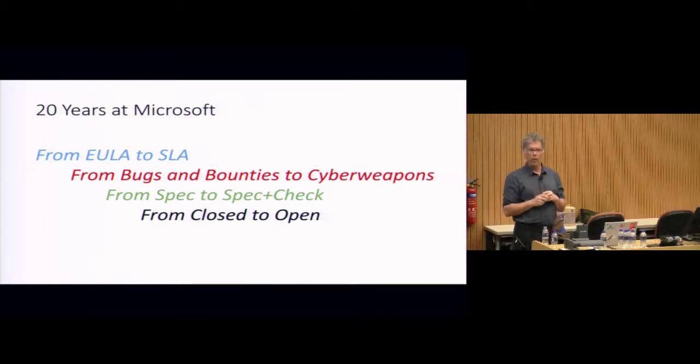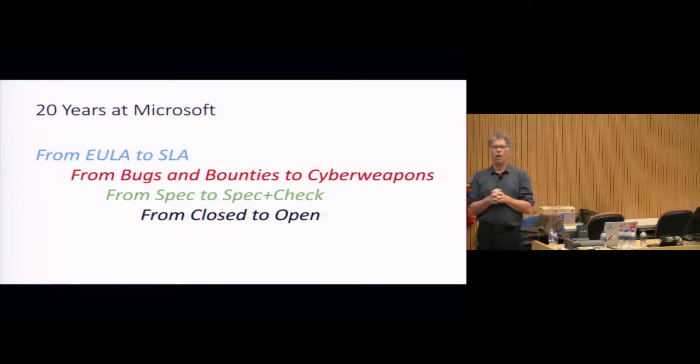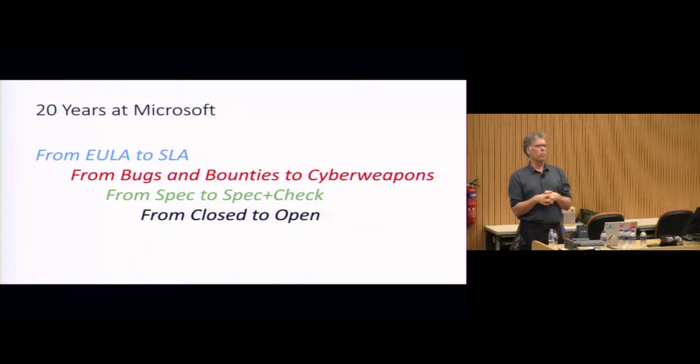Okay, one more question, then I should move on. So what happened to functionality in the story from EULA to SLA? EULA, a big part of that was disclaiming liability for problems with functionality, but the things you said about SLAs didn't really say much about it. Yeah, that's true. The functionality is still, yeah.